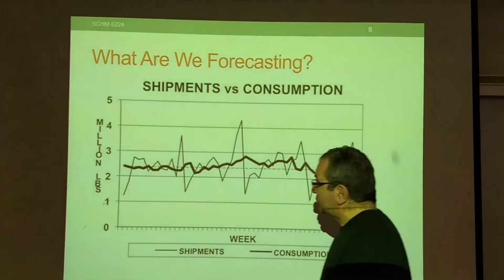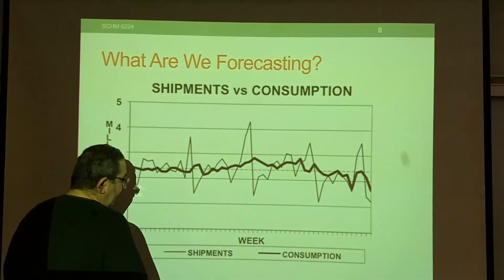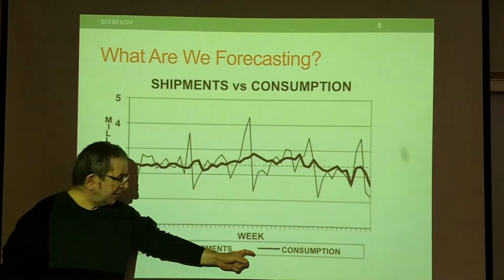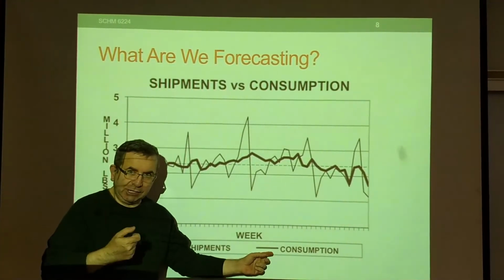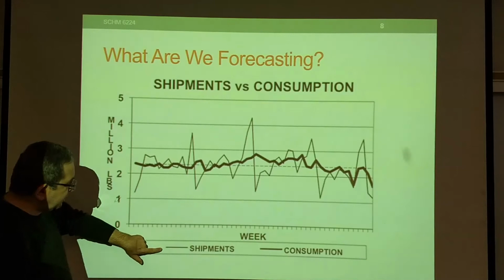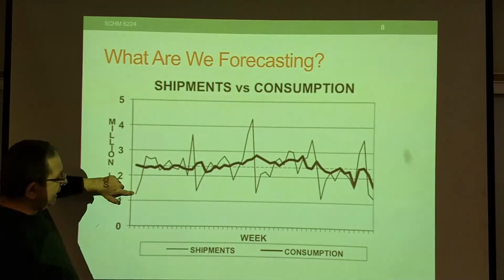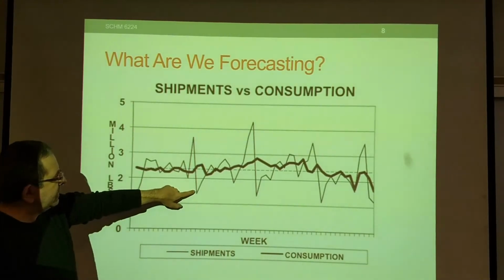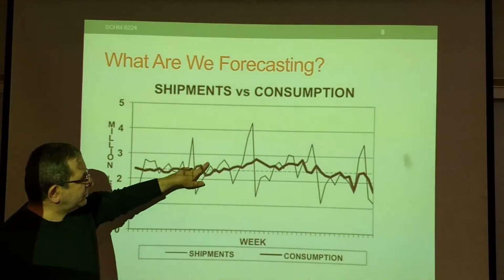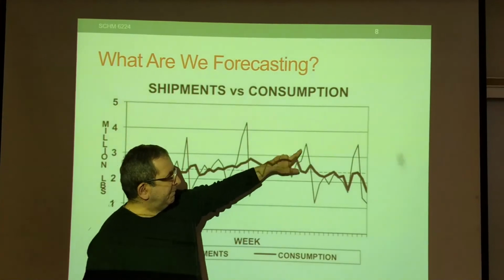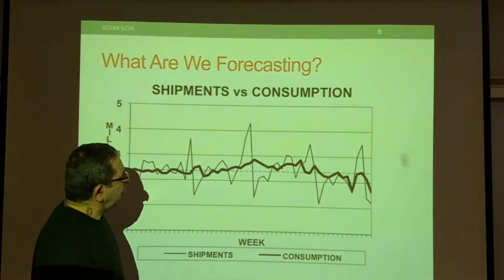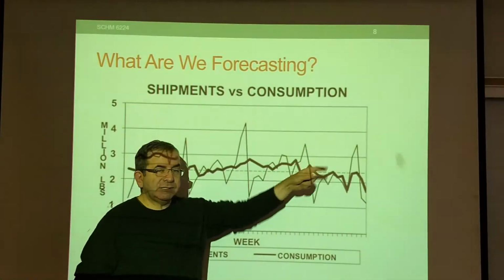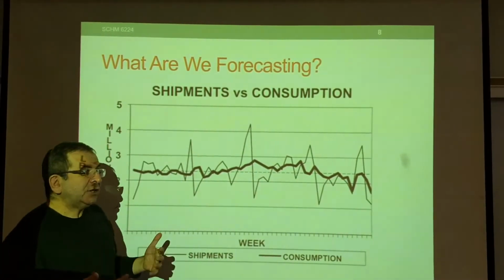So here's a graph of this. There's a thin line and then there's a thicker line. This thinner line is shipments. So there are larger shipments. So why are these spikes in shipments? A lot of times